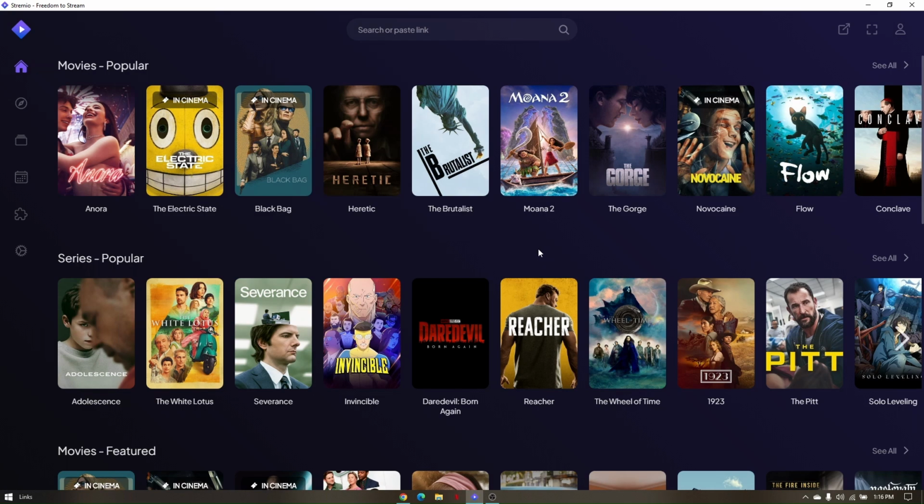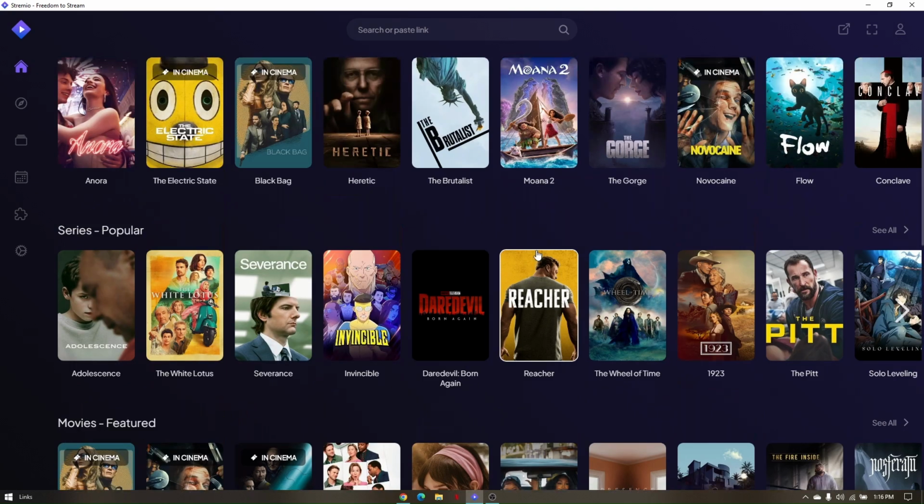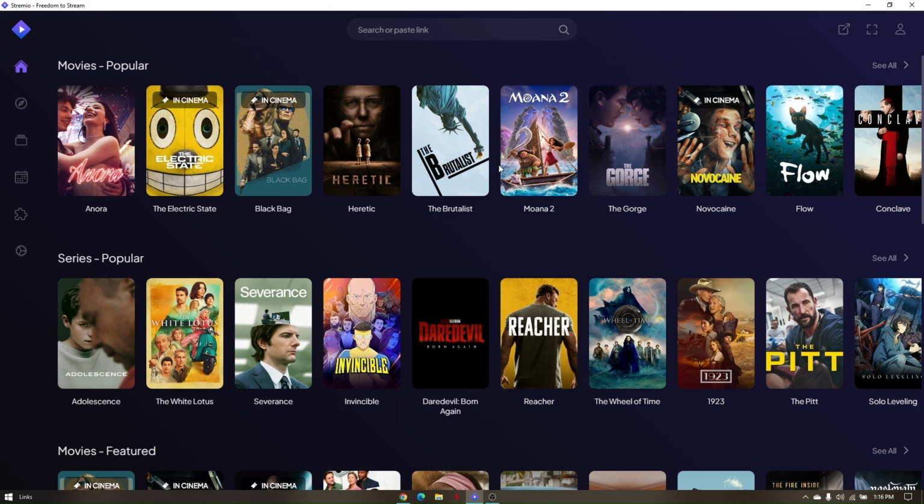How to add add-ons on Stremio. Now, upon installing and downloading the software right here, you'll have to create an account. Don't need to worry because you can use any working email that you have for it to be able to work. So once you have successfully logged in, there are going to be options in here like home, discover, library,